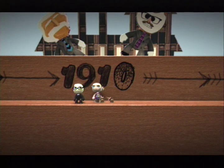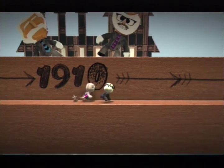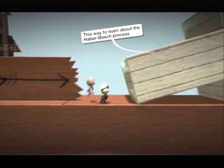Right. So that's these two guys you see up here. That is exactly what they looked like. And so now we're going to go over here and learn a little bit